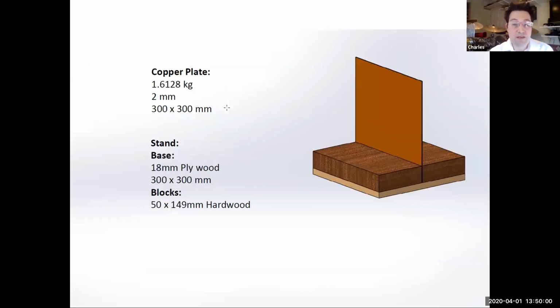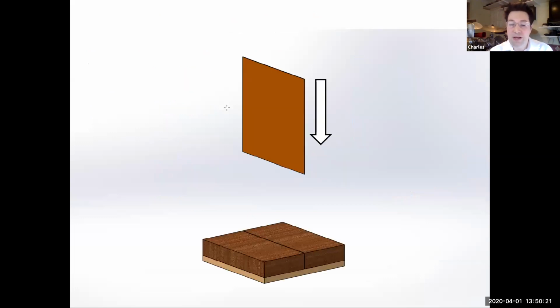The copper plates weighed quite a lot more than what I'd initially anticipated, being 2 millimeters thick. They were coming on for over 1.5 kilograms. The base that they were going to slot in was going to be quite a simple construction, but it couldn't topple over. The idea was that the clinician could quite simply place them in without any obstructions,